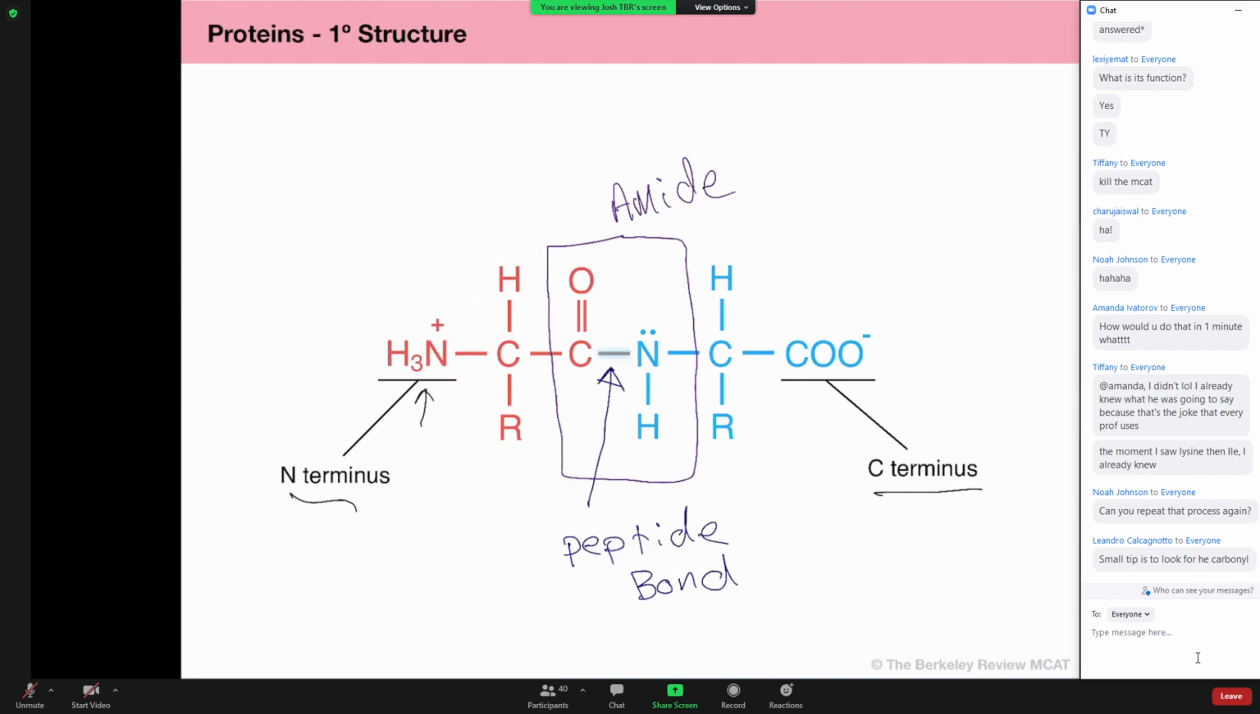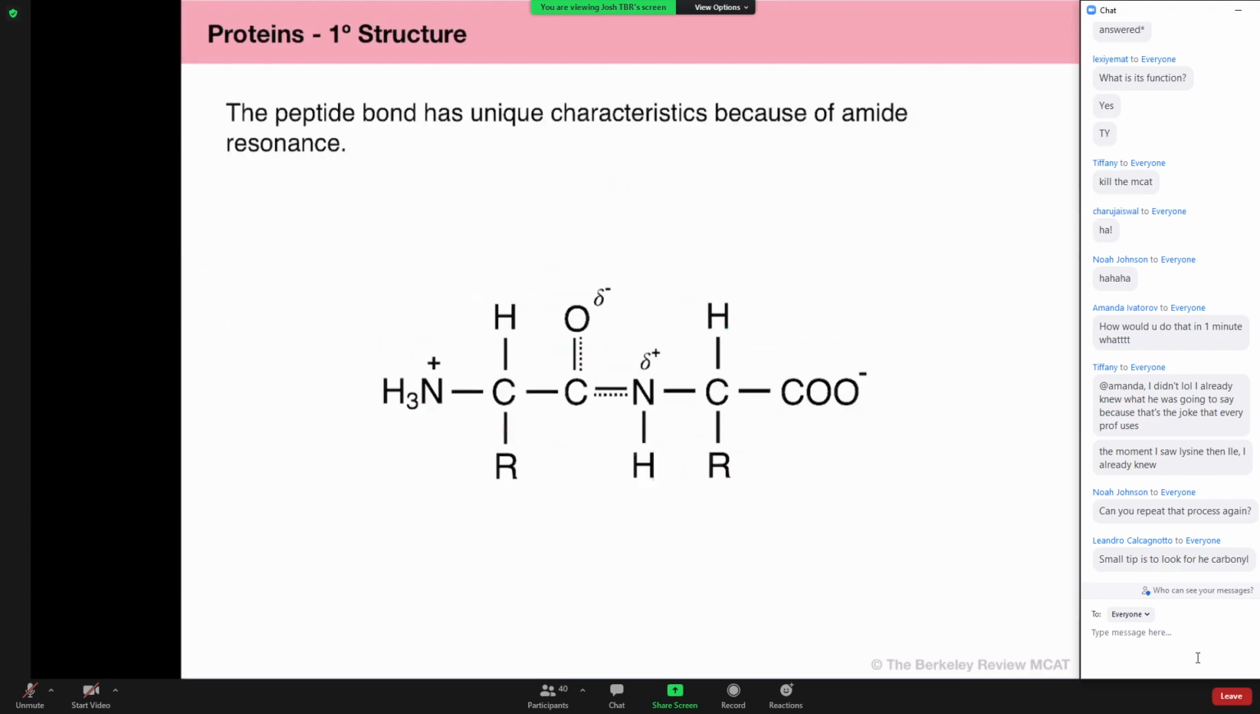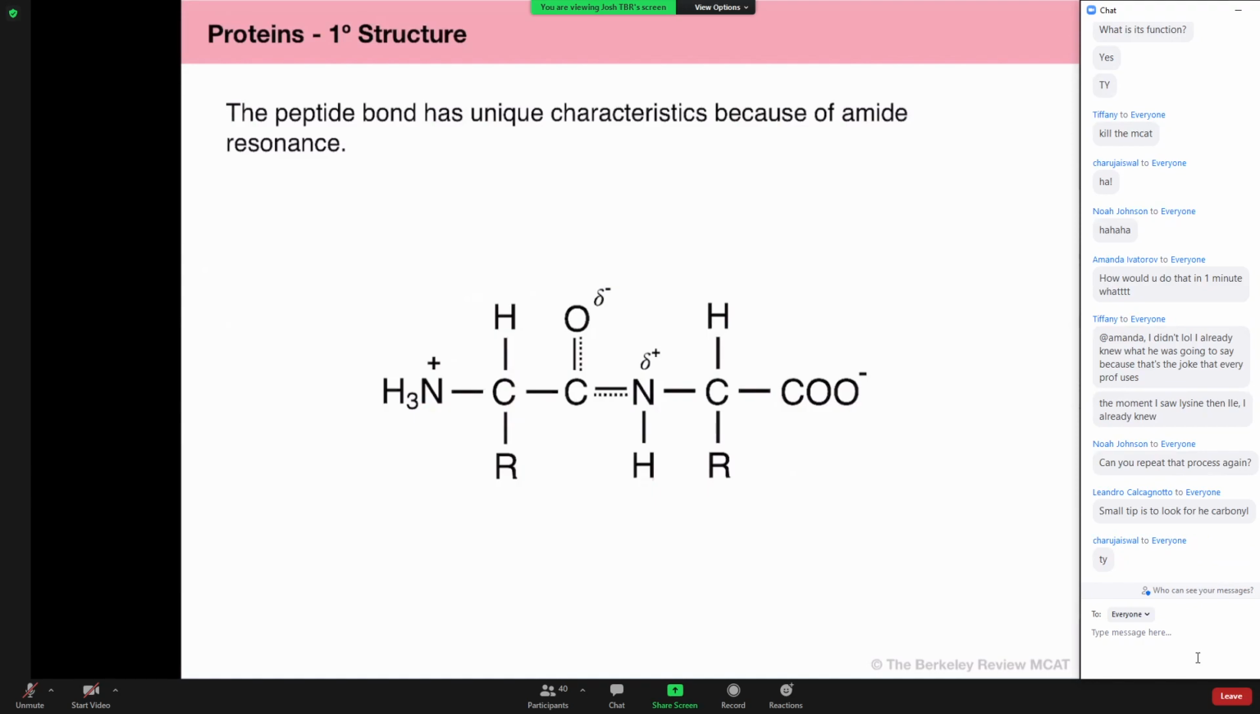Okay. So again, more free points on the MCAT, right? Every once in a while, they'll ask these super easy questions and just grab them. Okay. So what is the significance, right, of the peptide bond, right? It's got unique characteristics, and that's because of this amide resonance. Okay. So what's going to happen here is that you get